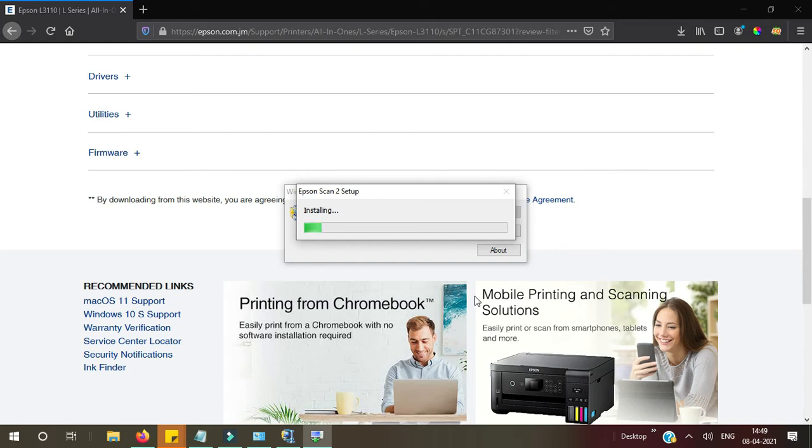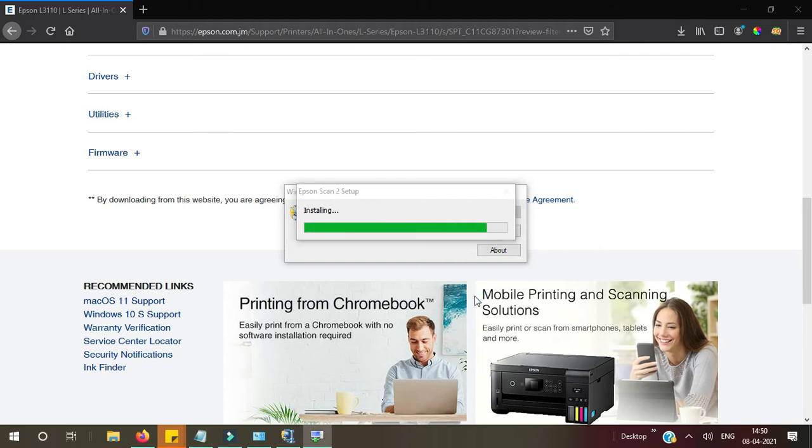Okay, so first let it complete. Okay, so it's installing. And the steps are the same for all Epson printer models.